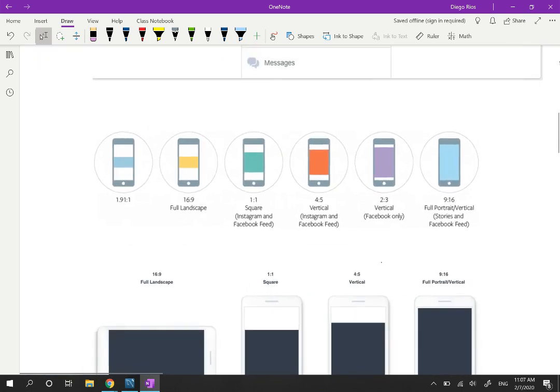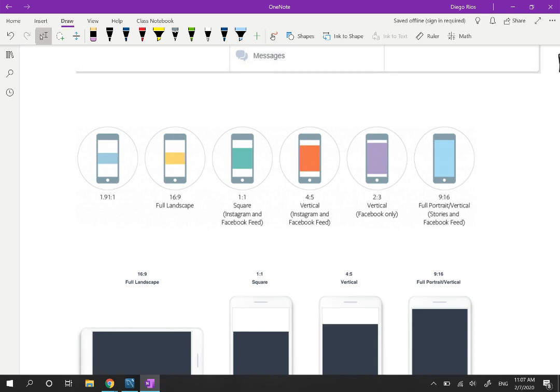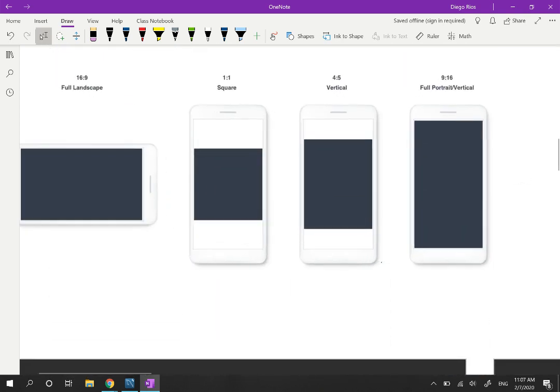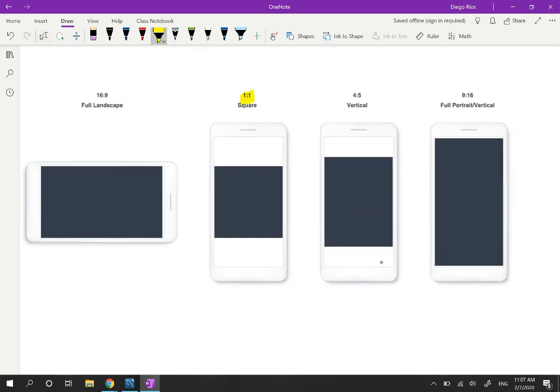The second thing is sizes. And there are multiple sizes that work, and Facebook actually recommends a bunch of sizes. What I would say is what's working the best is 1:1 and 4:5 when it comes to your feed. And when it comes to stories, you actually want to do 9:16. And so this is important because depending on where you're going to place your ad, you also want to